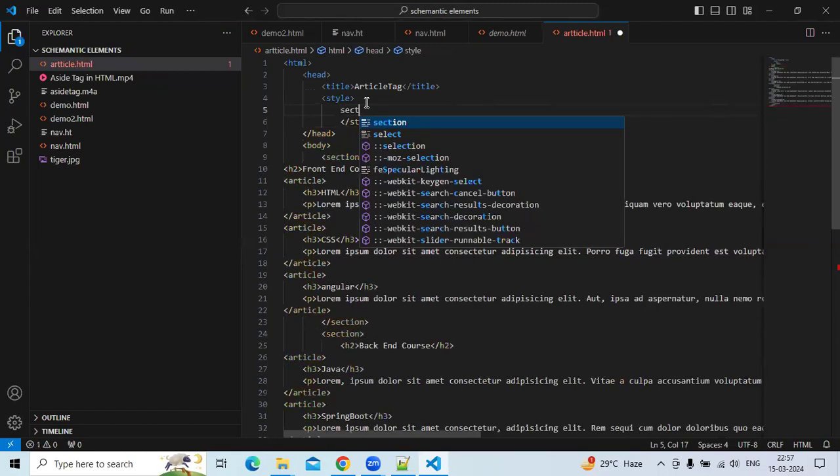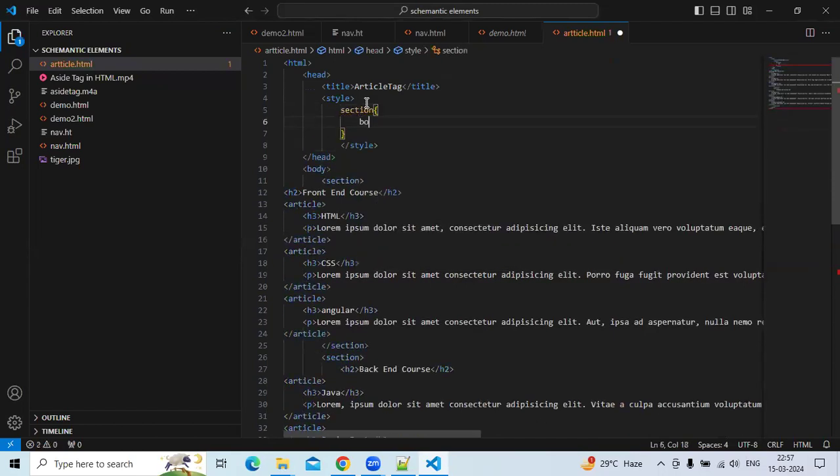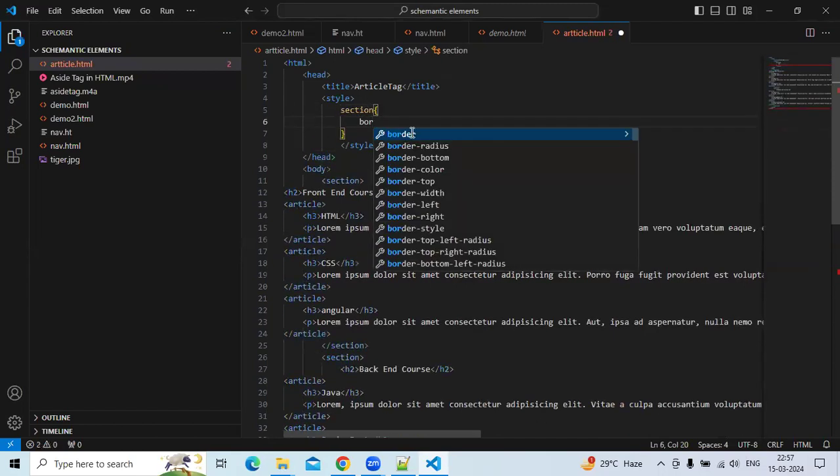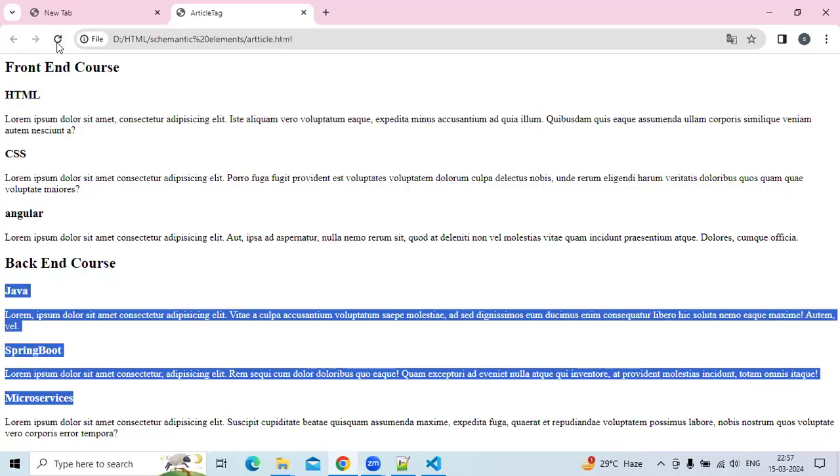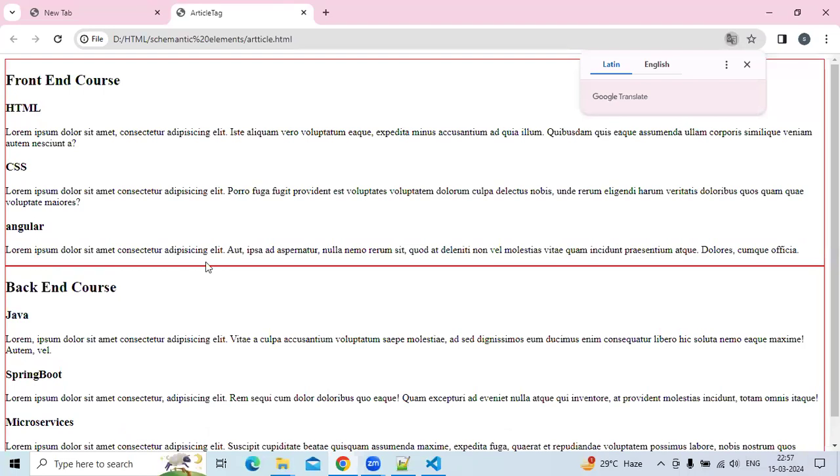In the section tag, first I am creating the border for the 2 sections, 1px solid red. So we'll see the border will be created for the 2 section tags, the first section tag and the second section tag.